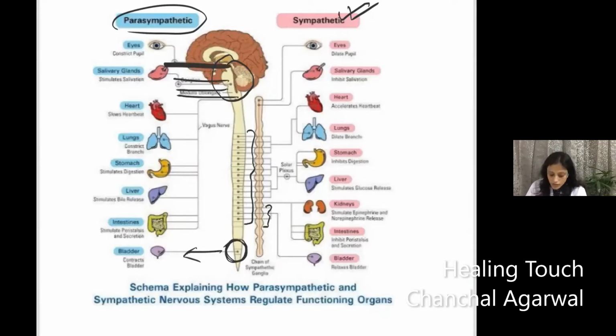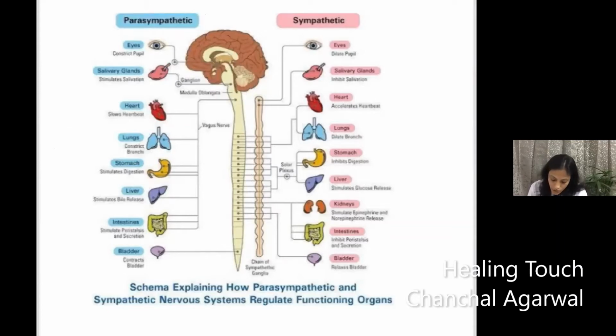Okay, so the 4 nerves of parasympathetic, which we have already written down, are nerve number 3, nerve number 7, nerve number 9, and nerve number 10. So these are your oculomotor, facial, glossopharyngeal, and vagus. And you can see the vagus nerve is the longest nerve, supplying different important organs. So this is your sympathetic and parasympathetic. That is your